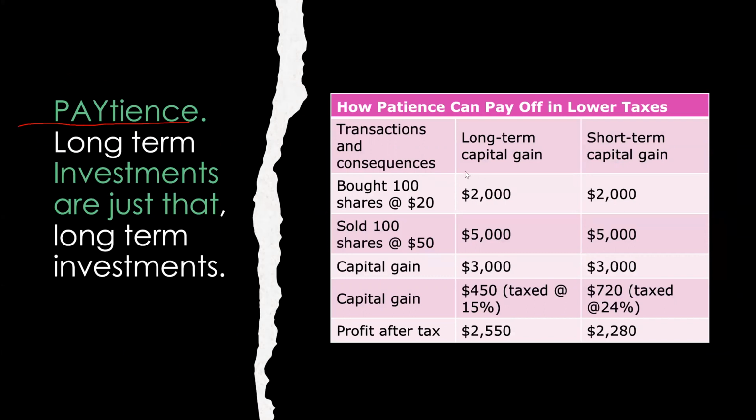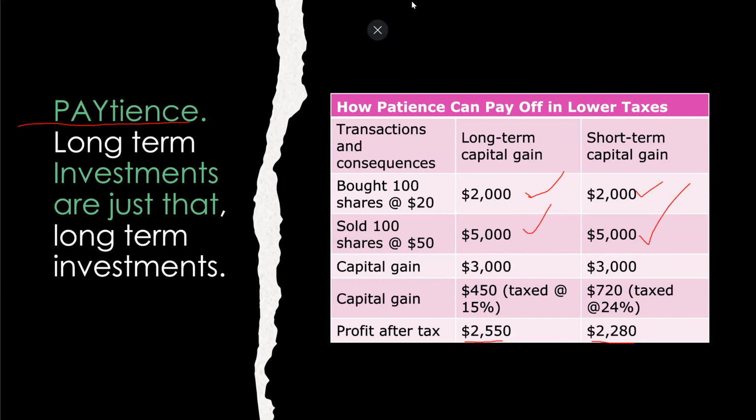All right. So if you just look here, you can see that you buy 100 shares of this, buy 100 shares of that. Oh my God, look at that check mark. Let me fix that. That's all right. Don't hold that one against me. I'll do push-ups later. You sold them for a $3,000 profit, but look at this. Capital gains of $3,000, but you held this one for a year and you didn't hold this one. You're up to $25.50 instead of $22.80.